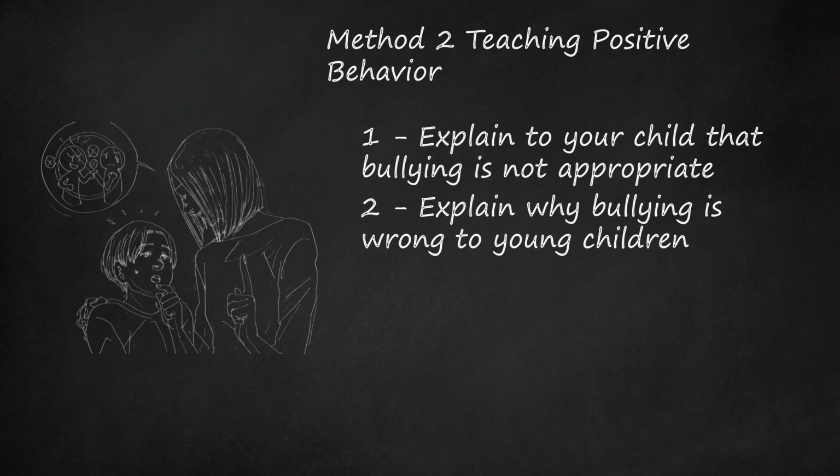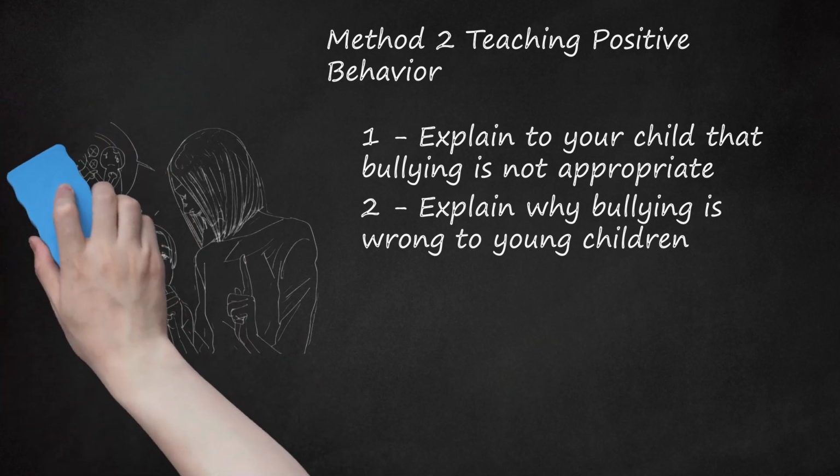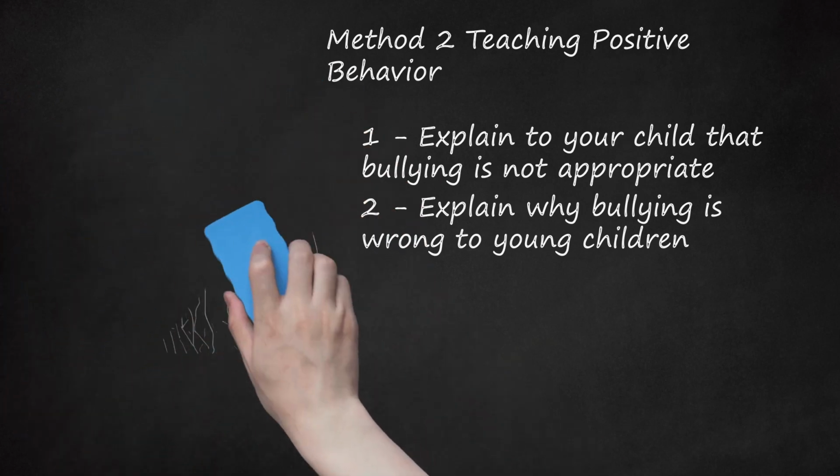To solve bullying in young children, it is important to use simple language and examples they can understand. For instance, you might explain that it is not nice to leave others out of their games, or that mean names are hurtful. Keep an eye on your child and ensure they are being kind to their friends and playmates.